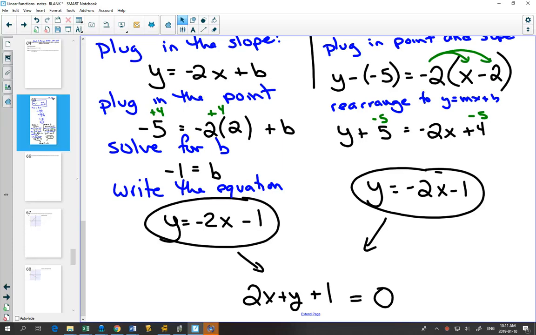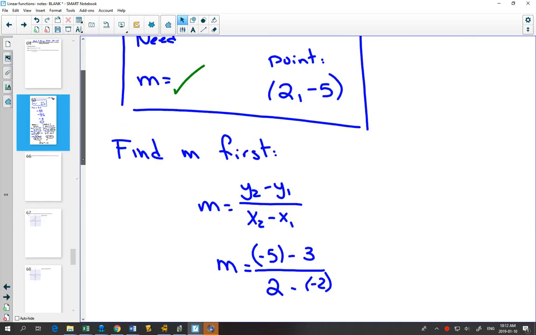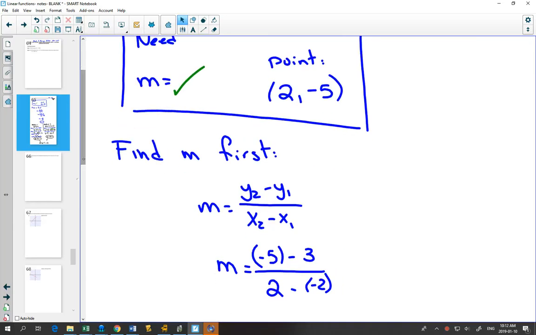So what's new in today's questions? What's new in today's questions is we didn't have m. So we had to find m first. And after finding m, it became identical to the questions we did before. So if you have the big idea in your mind,